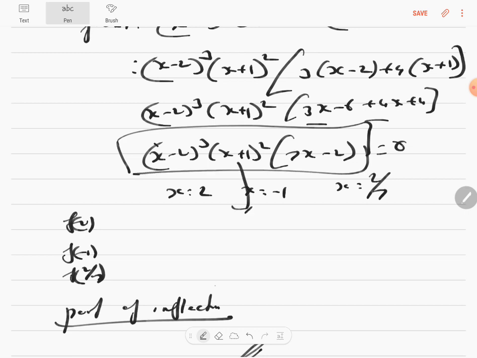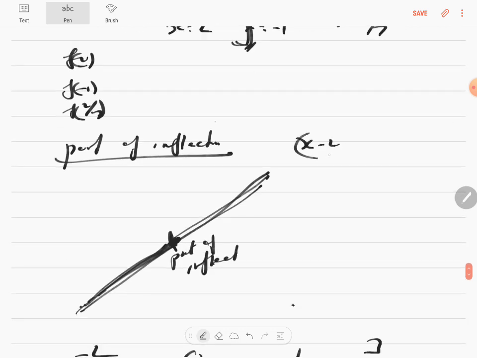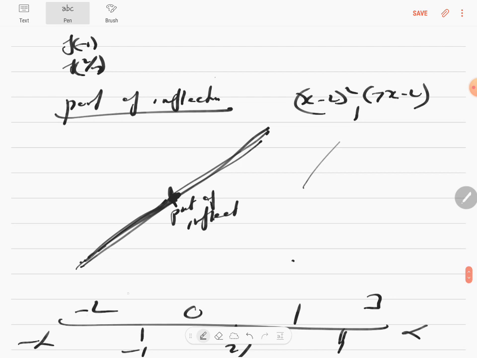Oh, I didn't teach you increasing and decreasing. Okay, just keep that in mind. How is increasing, decreasing? You put it in the number line, give one example, substitute in the slope. Whole square is always positive. That's not going to be the deciding factor. So x minus 2 the whole cube and 7x minus 2 is the deciding factor. You substitute these examples in this, and because this is my slope, you can see whether slope is positive or